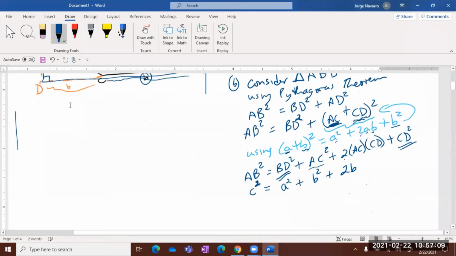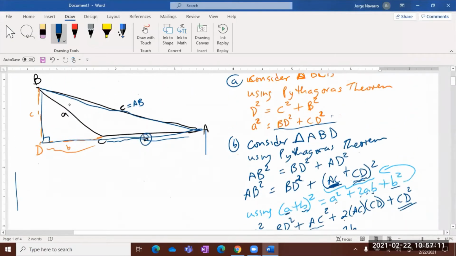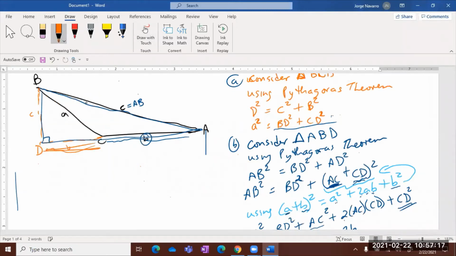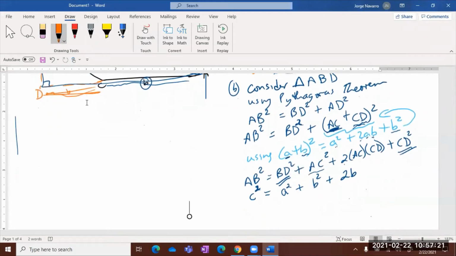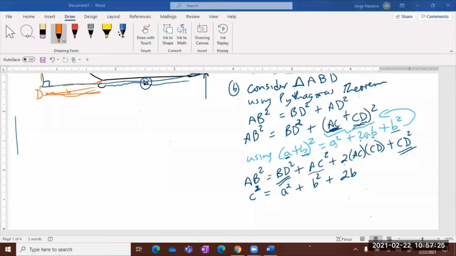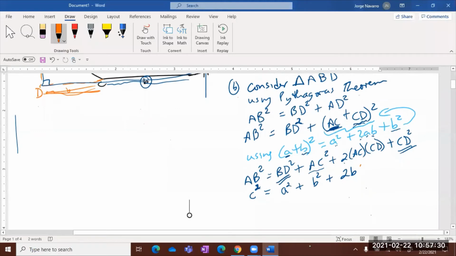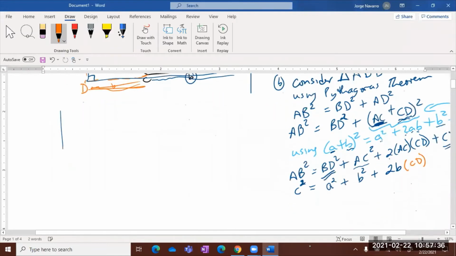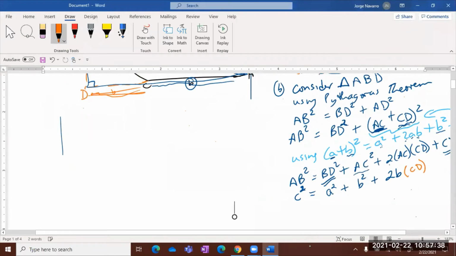Now the problem is that CD is imaginary. It's the orange piece. CD is the orange piece right here. So I don't know what to do with that yet. So let me just bring it down and place it as just CD. But, so this is where C comes in. So C,